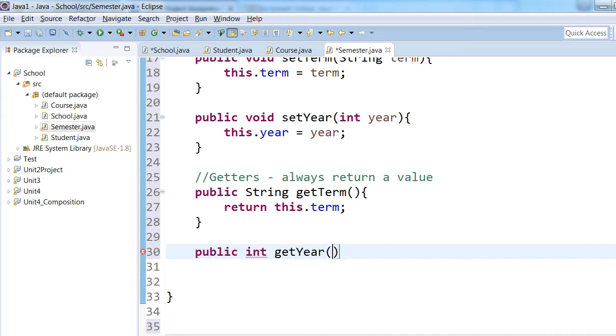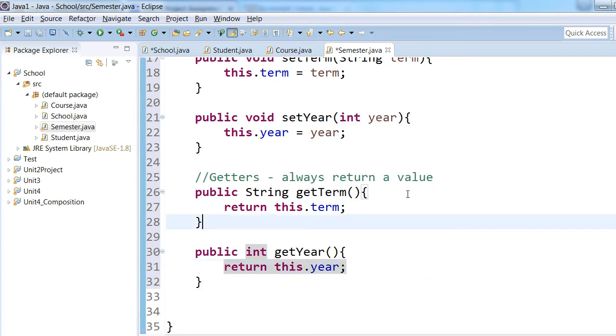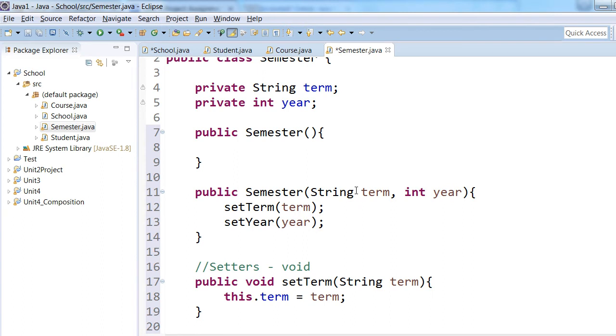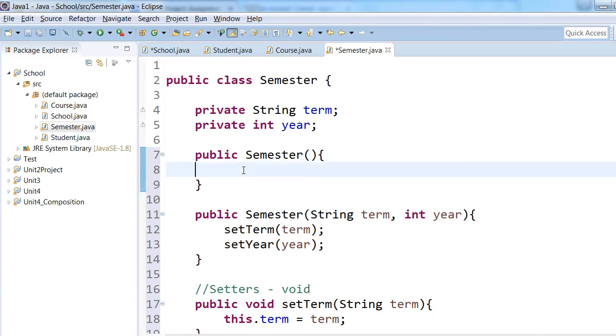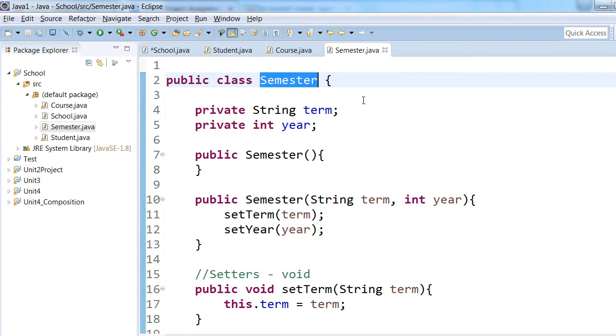And the same for the year. It's an integer type, so get year, no parameters, and just basically again return this year. Okay, so I got my setters and getters, got my constructors, the blank one, and then the one with the two variable names. So I'm all set for this one. So with the semester,